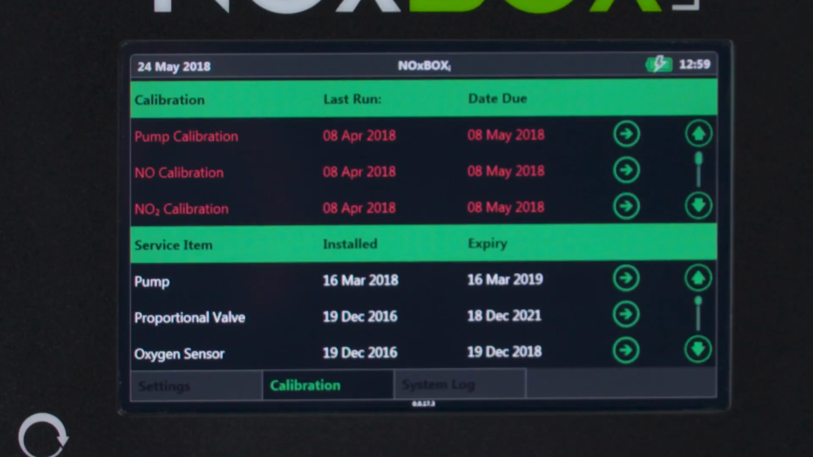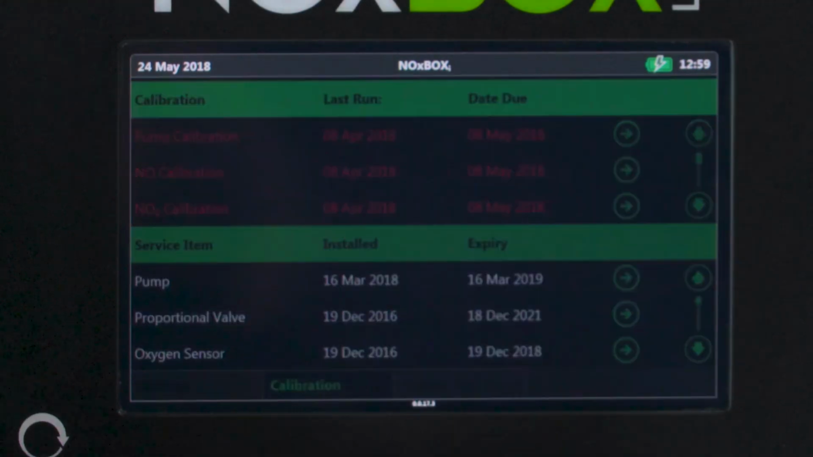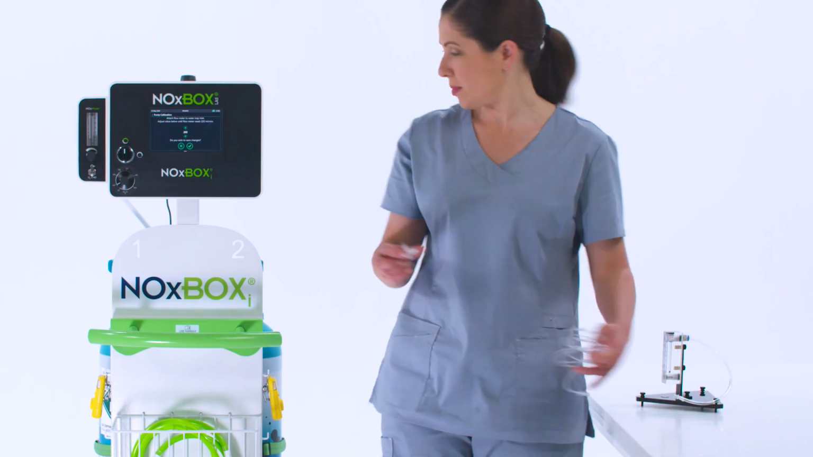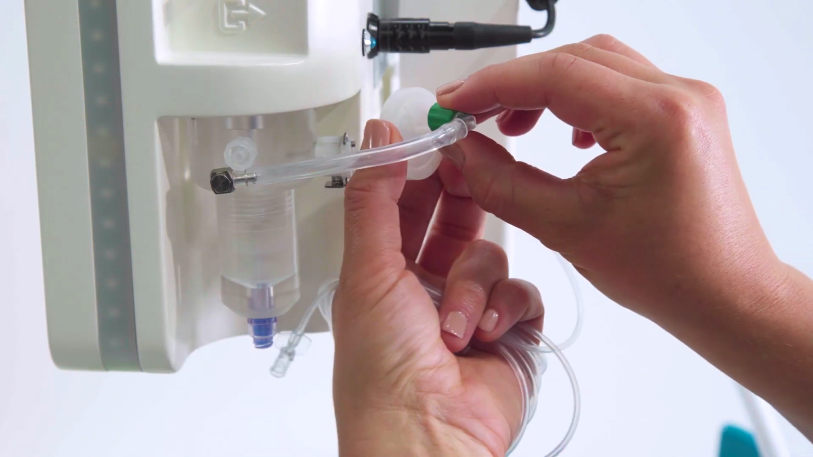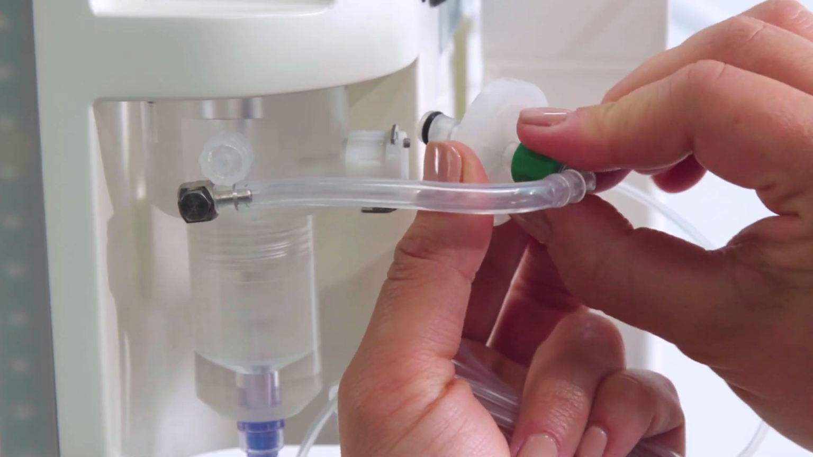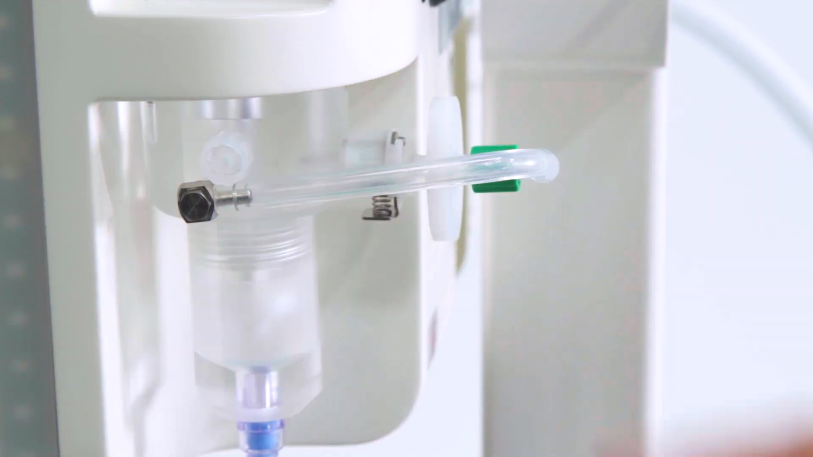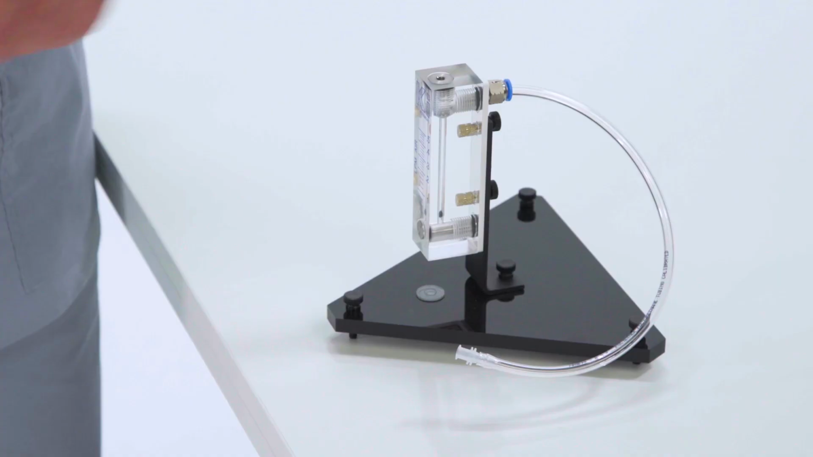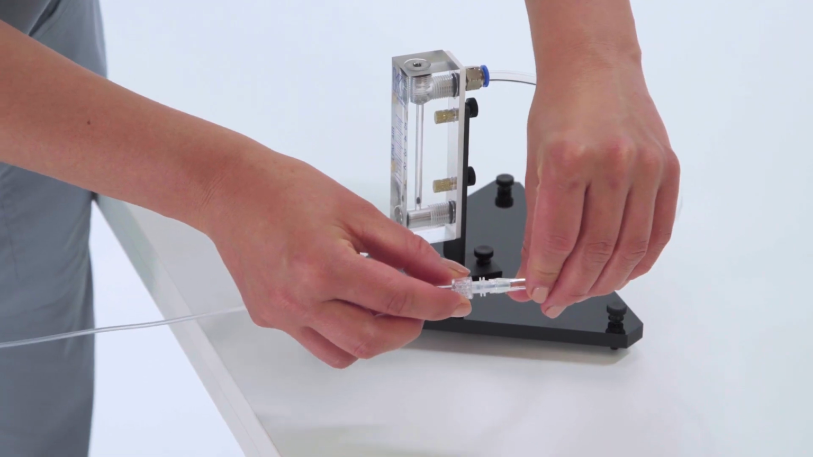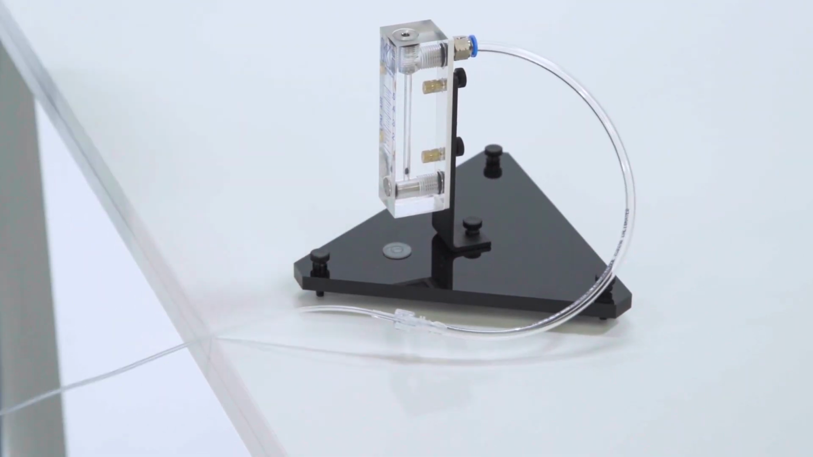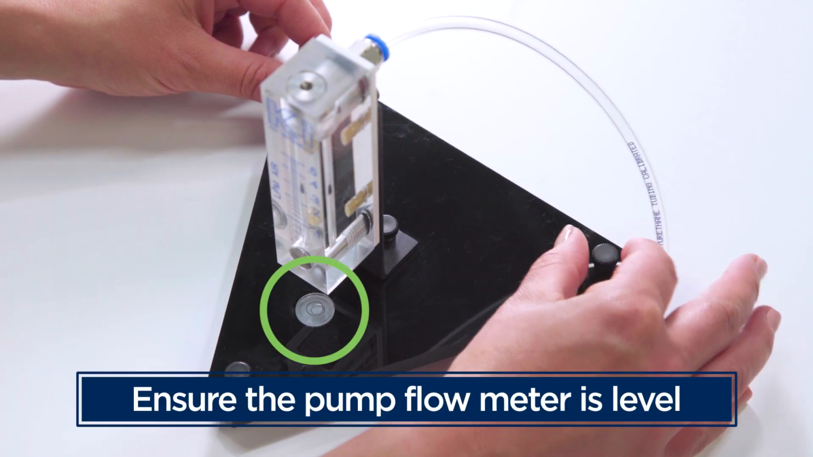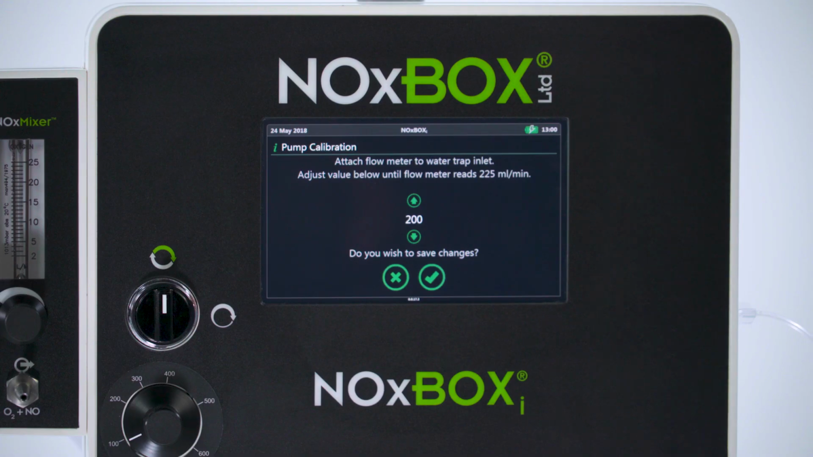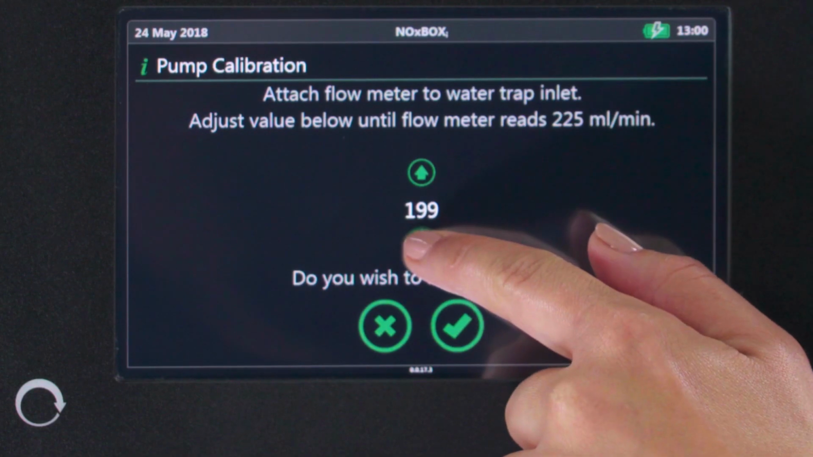To perform the pump calibration, select the respective arrow for the pump calibration to start the procedure. Open the NOxBOXi test kit and connect the hydrophobic filter to the water trap. Next, connect the sample line to the water trap and pump flow meter. Ensure the pump flow meter is level with the guides provided. Using the on-screen up-down keys, adjust the count number